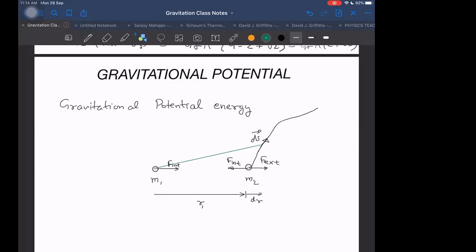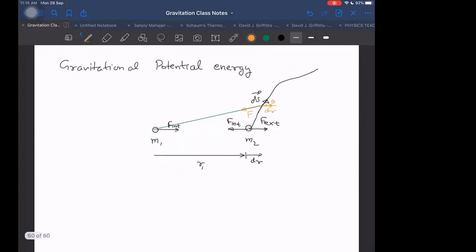But when I will be taking this line here, then you know that F dot ds will come out to be F internal dot ds, which is the component along radial direction only, F into dr, because it is F into ds into cos of the angle between them, 180 degrees, so F into ds into cos theta into -1 we can say. But that will come out to be just F into dr. So therefore we can just think as if it is just moving in radial direction, because if it moves in other direction, that doesn't create any problem for us. We will still get the answer in terms of dr only.